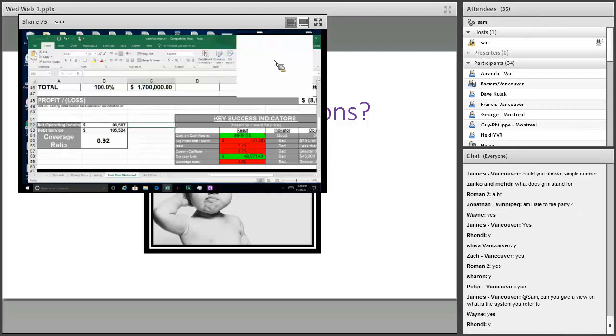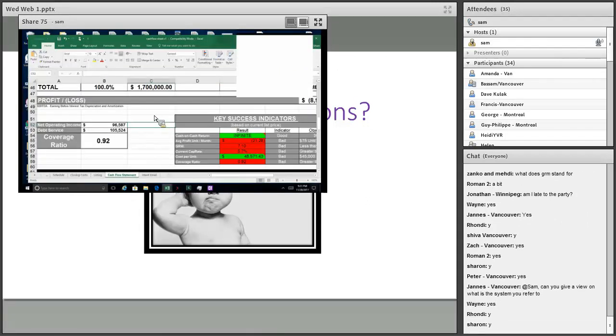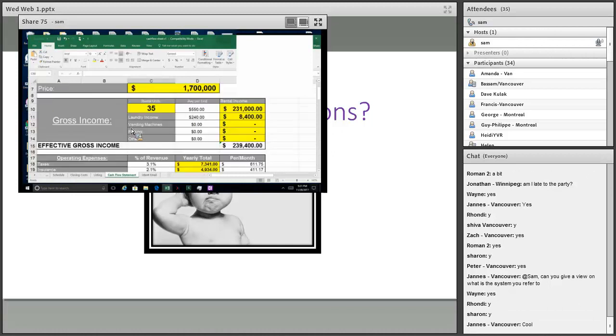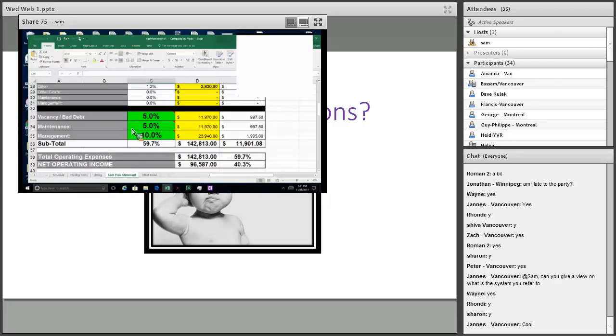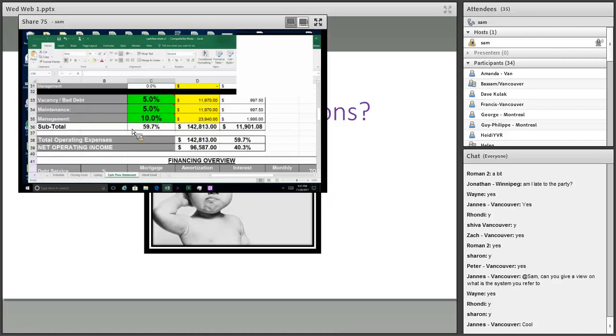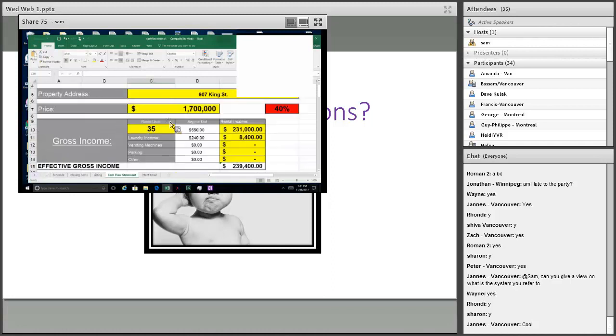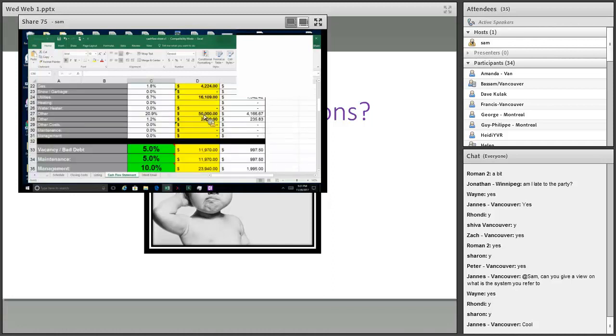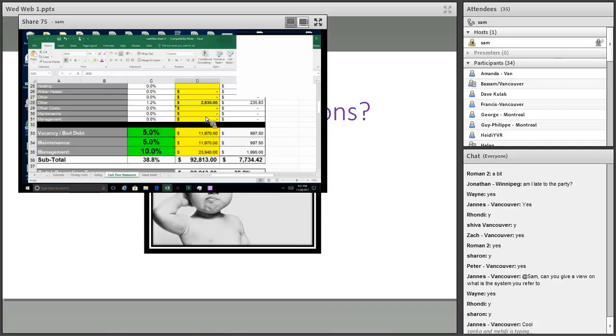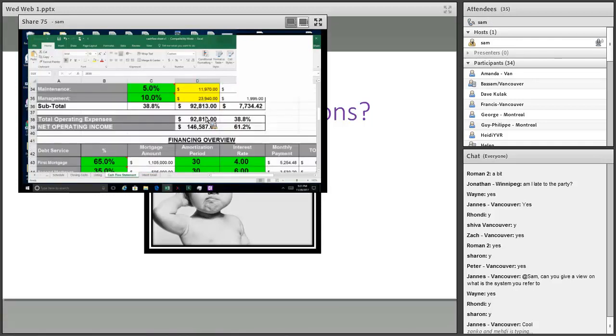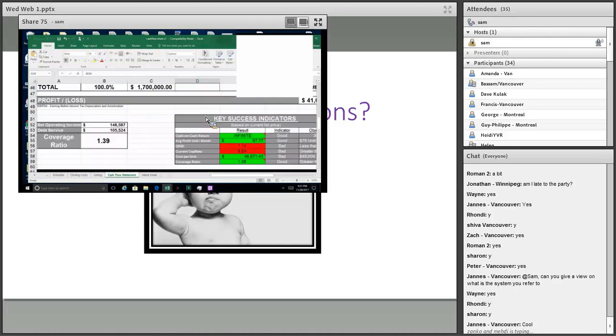The system in this reference, I'm just saying the system of evaluating property. Just think of this as part of the system of evaluating property. So when we come across a property, we'll always run the numbers on it. That will be one of the initial steps in evaluating a property and making sure it's a good property. Then we get into financing and other things, creative financing, to execute the property.